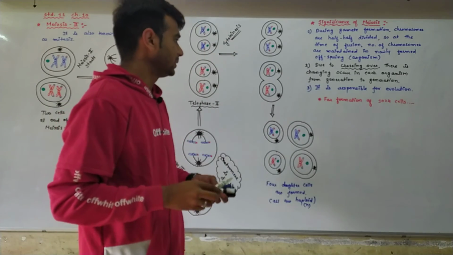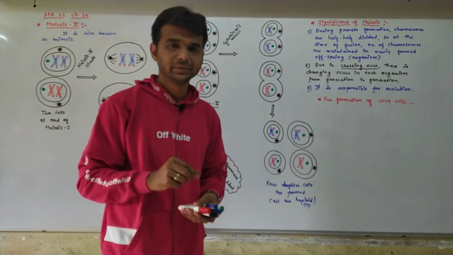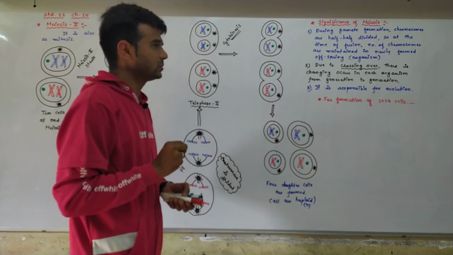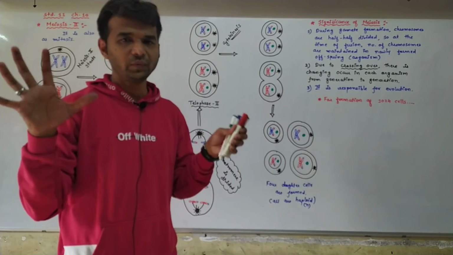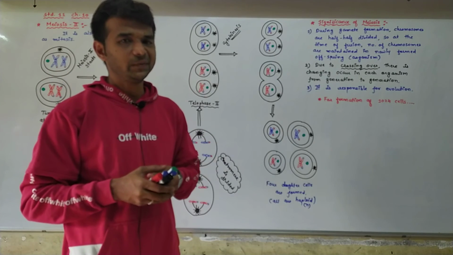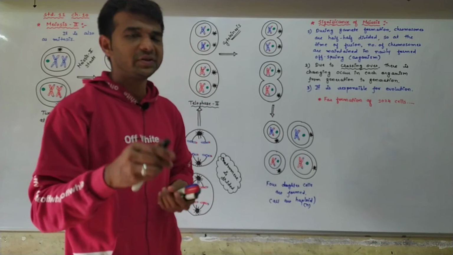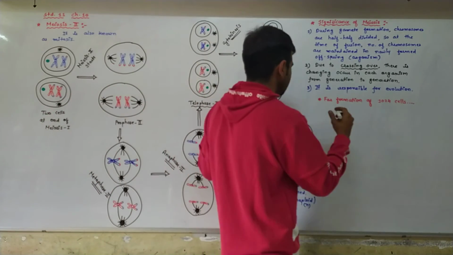Okay, see, this is the common information. For formation of 1024 cells, I have to form 1024 cells. This is the common information. Now the different questions are there. First question,